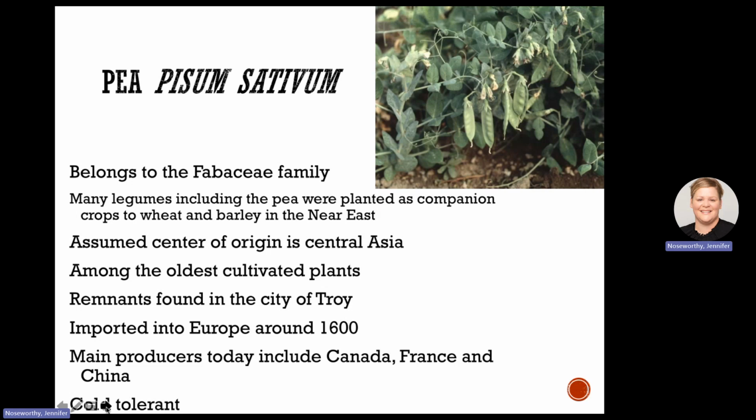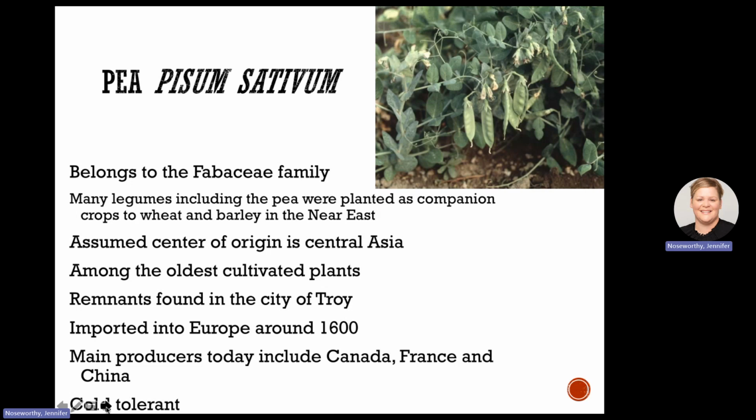Of course, like we said, it belongs to the Fabaceae family, and it's thought that the origins are Asia. And a lot of writings would lead us to believe that it's one of the oldest cultivated or domesticated plant species, and remnants have been found in places such as Troy. It was imported into Europe, and today the main producers are Canada and France, as well as China.